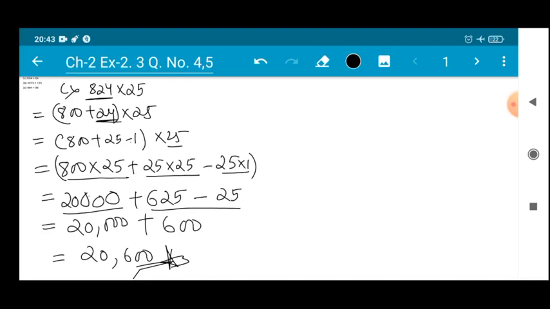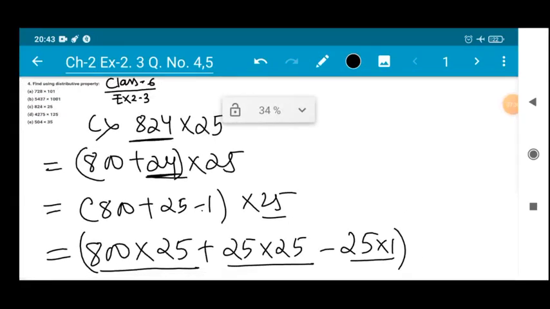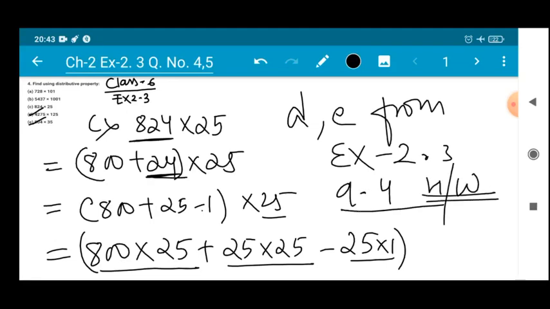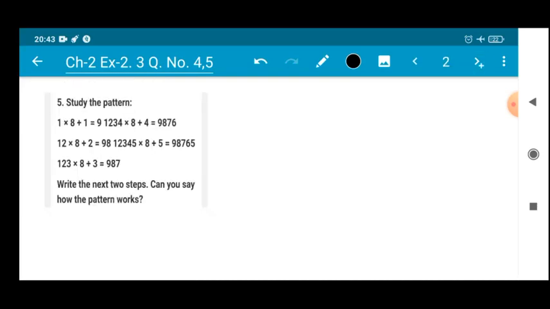Okay, so let's do the question number D now. Sorry, question number D and E. You people are going to do it yourself, so I will keep this for you. Number D and E from exercise 2.3, question number 4 is your home assignment. Okay, keep in mind. So let's do question number 5 now. All right, question number 5 states that